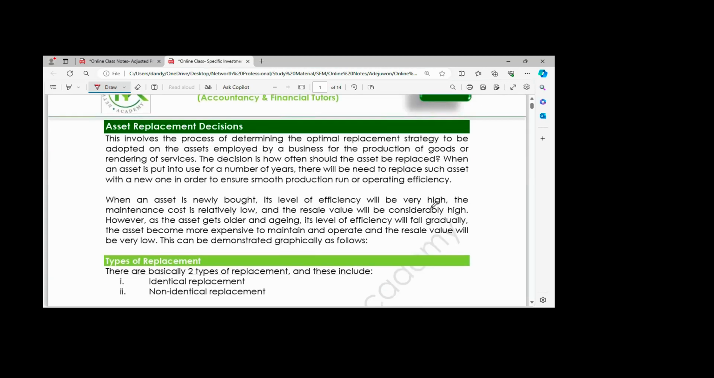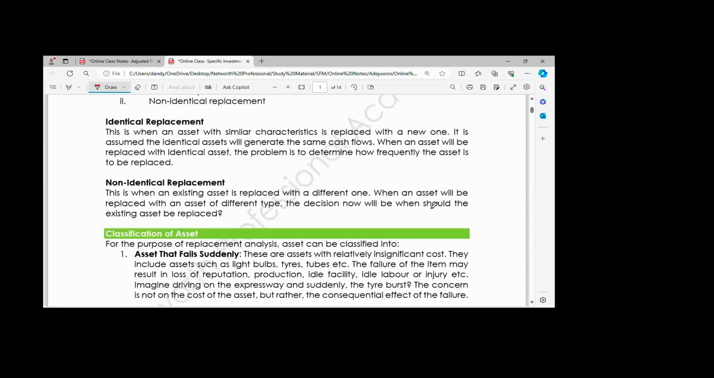You see, when a company purchases non-current assets, for example, when you say non-current assets, we have motor vehicle, machinery, plant and equipment. These are examples of non-current assets. So when a company purchases non-current assets and the asset is being put to use to generate